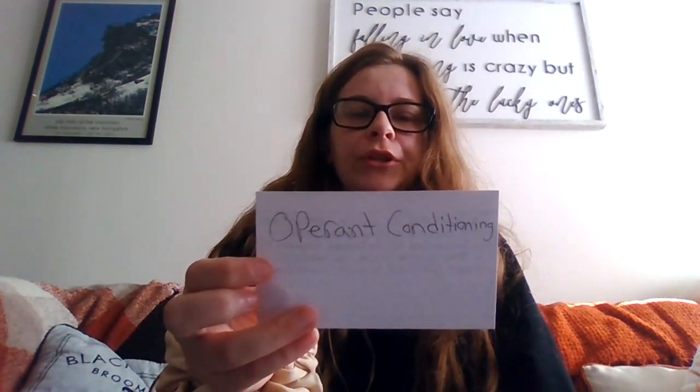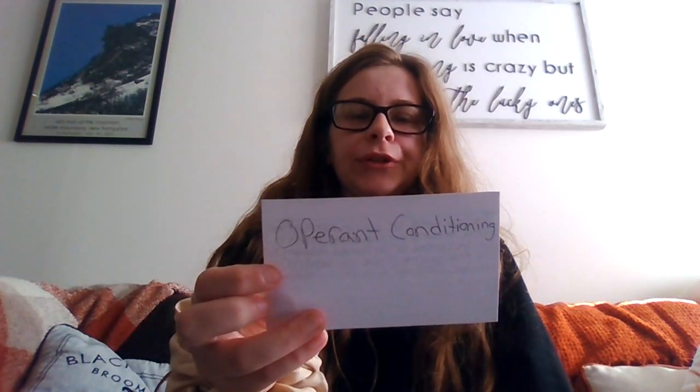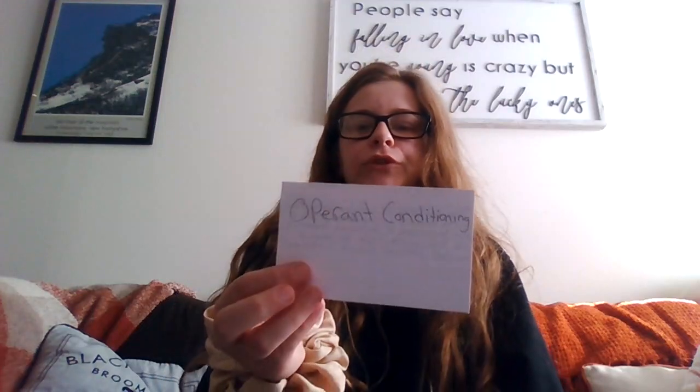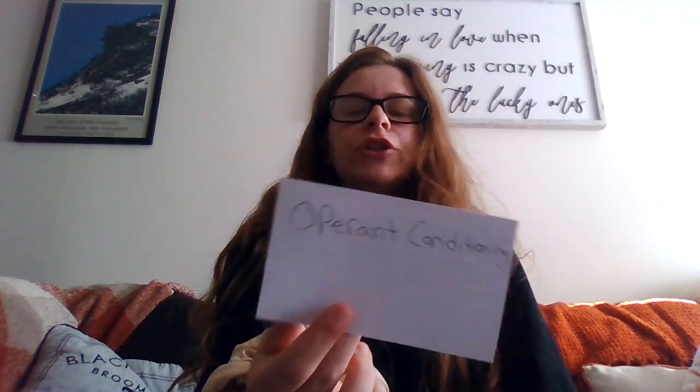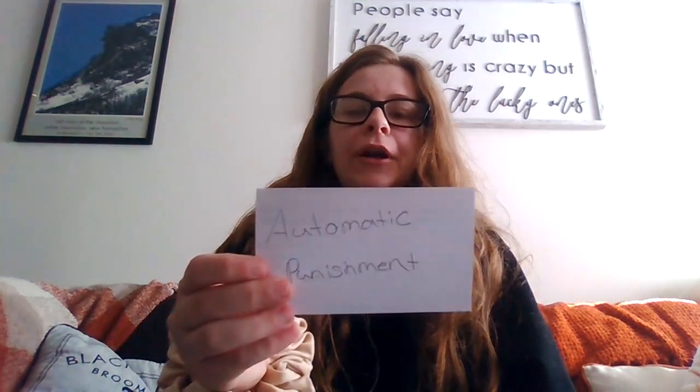The process by which operant learning occurs. Consequences result in an increase or decrease in frequency of the same type of behavior under similar future conditions: operant conditioning. Punishment that occurs in the absence of social consequences: automatic punishment.